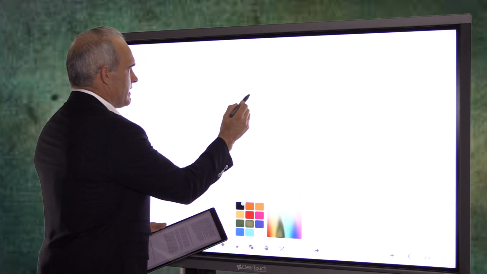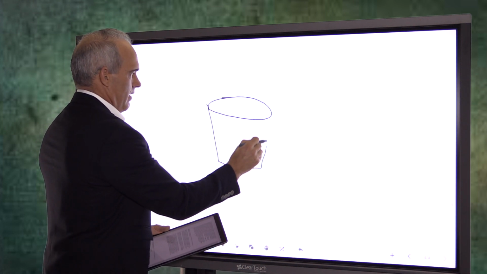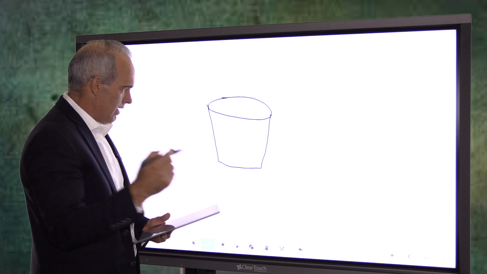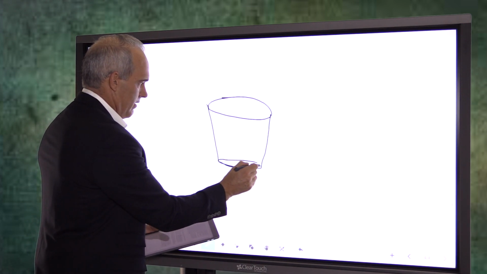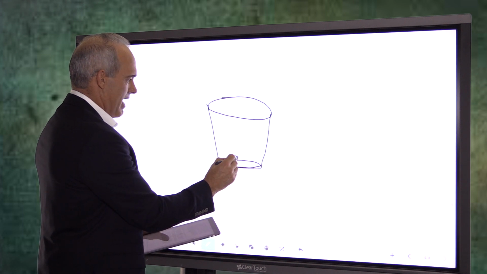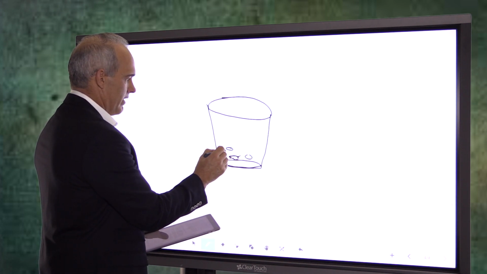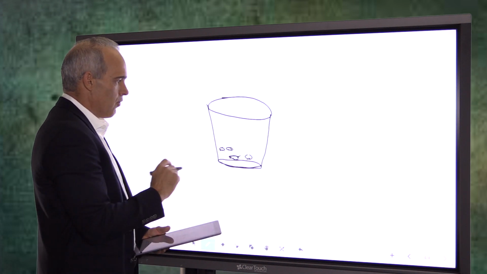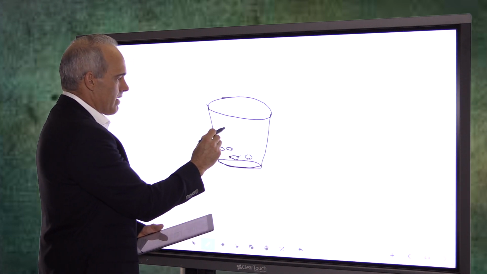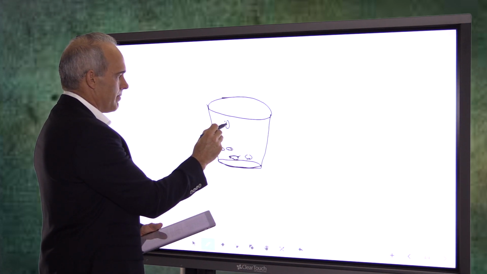All right, so let's use the example of crabs in a bucket. Here's our bucket, and we have a see-through bucket. And here are the crabs down in here, all kinds of crabs. They have legs. Just imagine, go with me here. And as one of these crabs is going to escape the bucket,